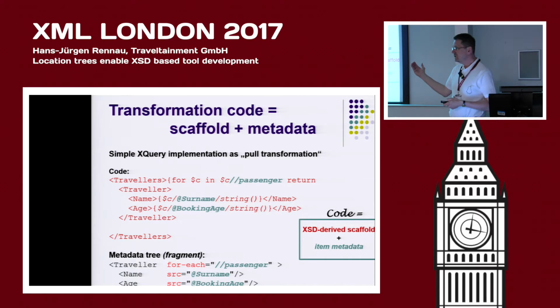And what now emerges is the insight that the complete transformation might very well be generated from a metadata tree, where the metadata are XPath expressions relating the individual items of the target document type to the source document type. And I designed a generic metadata model for this purpose, which is described in the paper and which enables a semi-automatic code generation